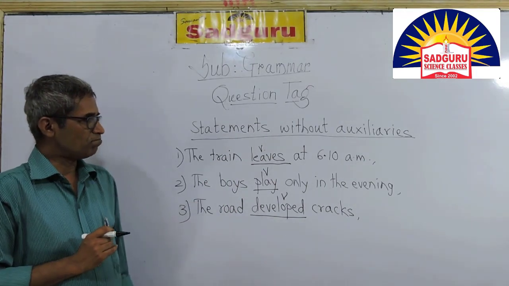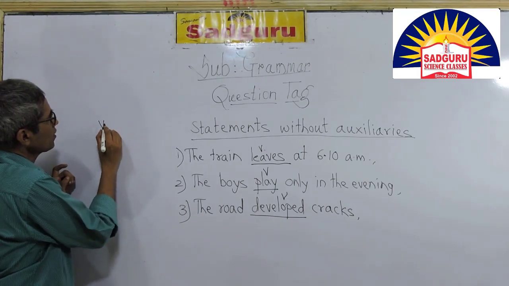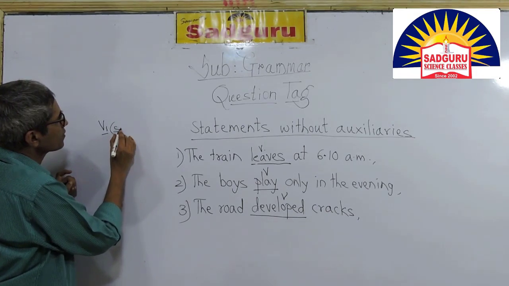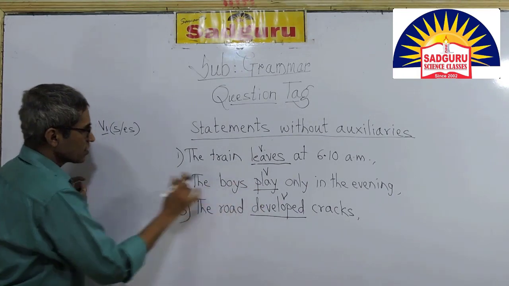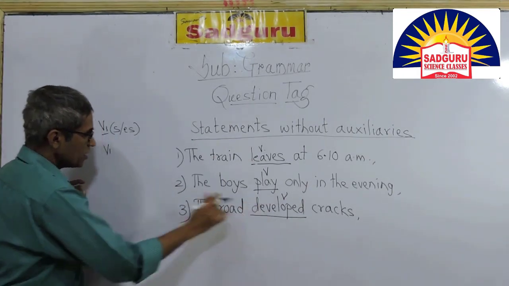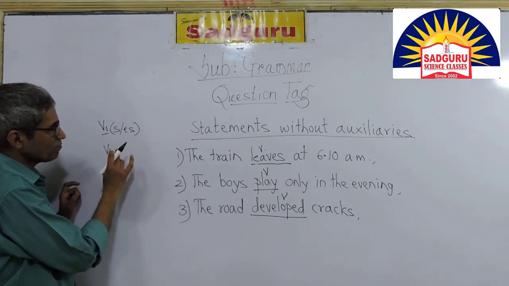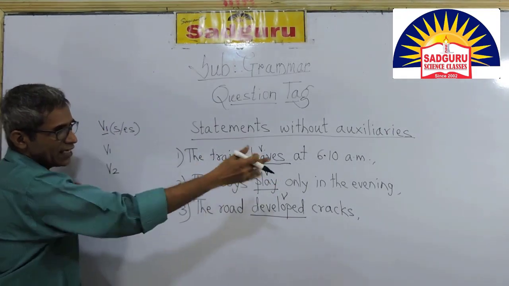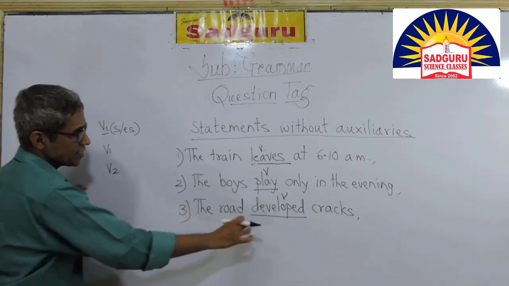Look carefully and you can see that this is V1, first form of the verb, and S is added. It can have ES also. Look at this. This is V1, first form of the verb. And look at this. This is the second form of the verb. If you look carefully, again, this first form of verb has got S. It can have ES also. This is first form and this is second form.